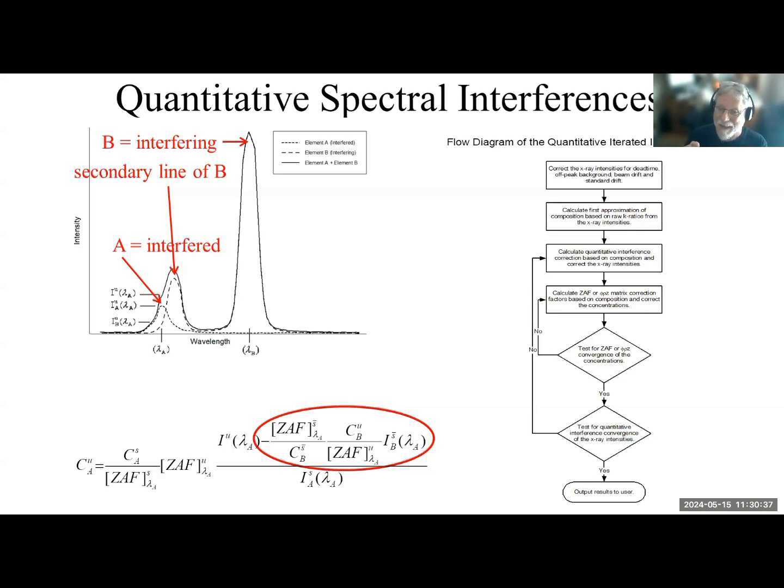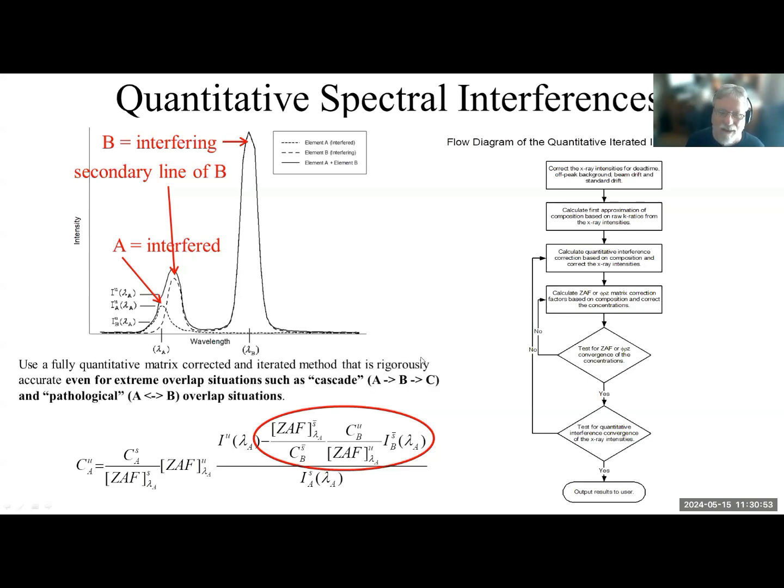And then once you have that, it doesn't matter how different the matrix is, because we do a full matrix correction from the interference standard to the unknown, and then, of course, to the standard itself. So all this is done completely quantitatively. And this allows us to do something, because it's iterative, we can actually handle these weird situations where you have